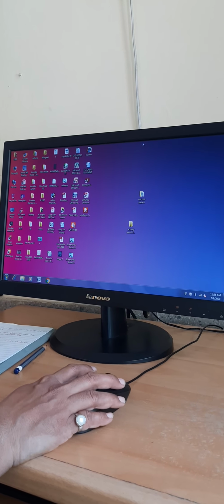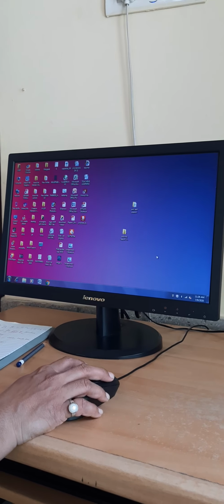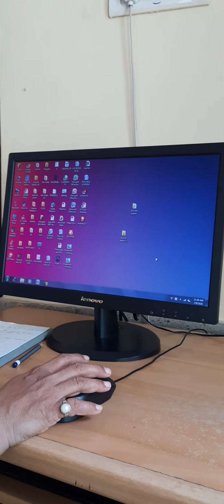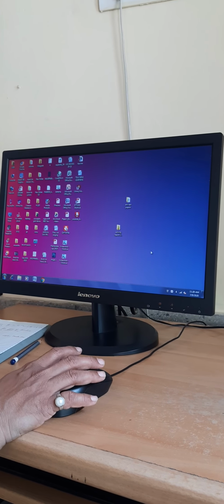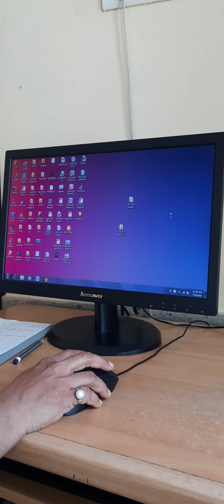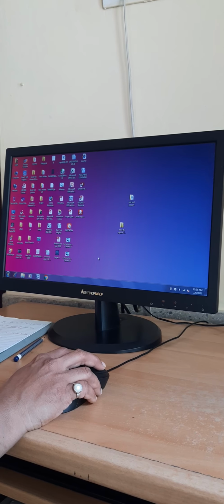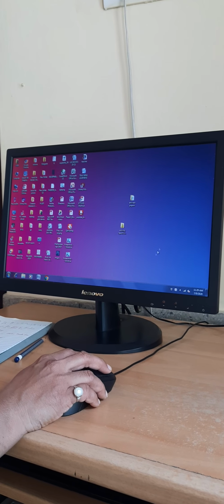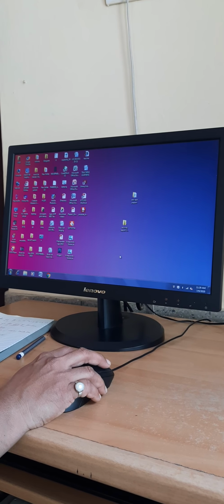Now this is your desktop. As you can see, this is the desktop of the system. It is there in your laptop also, desktop computer, whichever computer you are seeing, you can see this desktop everywhere. Now this part of the desktop is the desktop background. We can change this desktop background, and how we will do it, we will learn later.